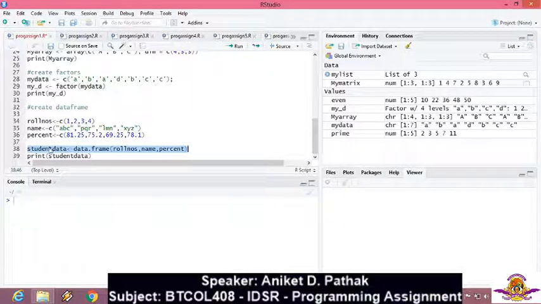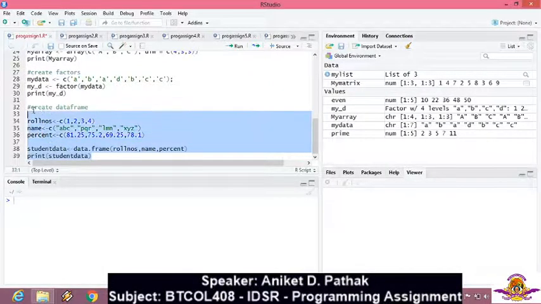So my variable is student data. Data dot frame in brackets, the vectors that my data frame will contain. That is, the first is your roll numbers, second is your name, and third is your percent. And I am trying to print this student data. So my student data has a data frame that contains 3 vectors, that is roll number, name and percent.